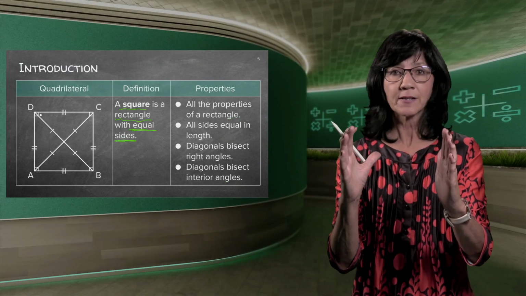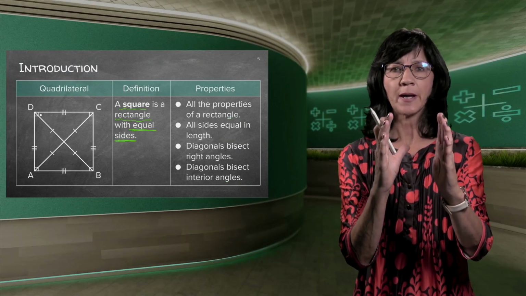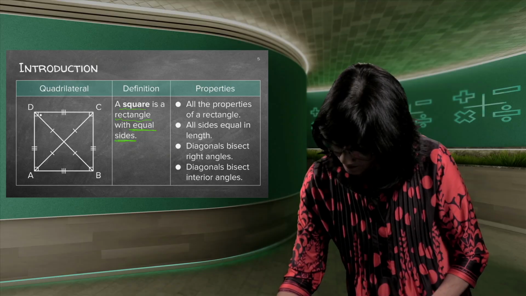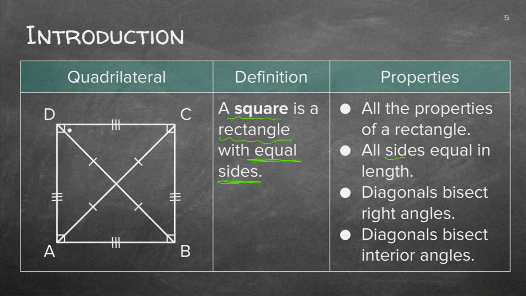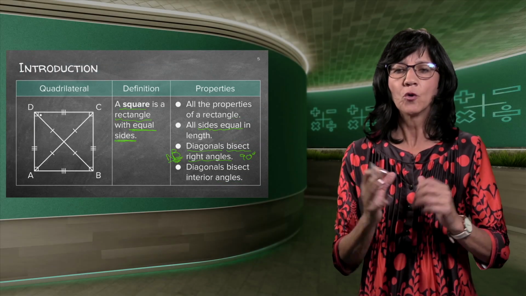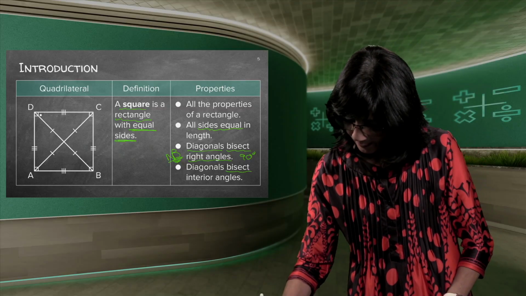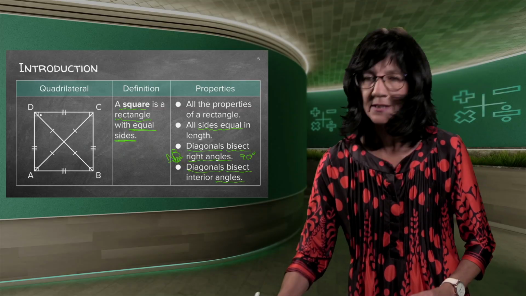Now, it's the rectangle. What has happened to that? You just made all the sides equal, and now it forms a square. All sides are equal. Just make sure that the diagonals bisect at right angles, 90 degrees. I'm going to make another NB here. Because normally when they talk about a square, except for the sides that are all equal, they normally test that you know the diagonals bisect at 90-degree angles. And also the diagonals bisect the interior angles.